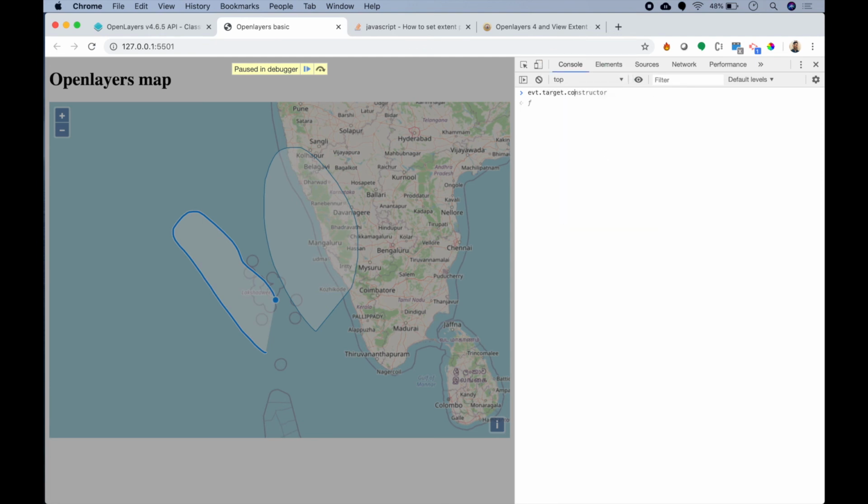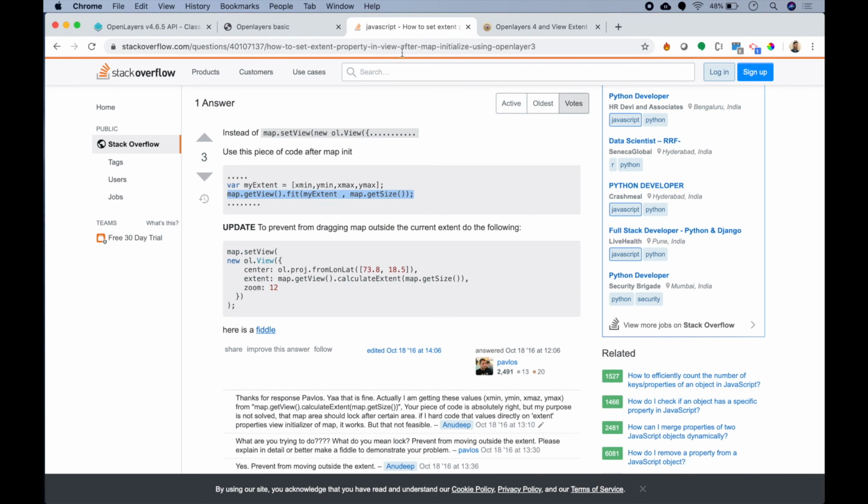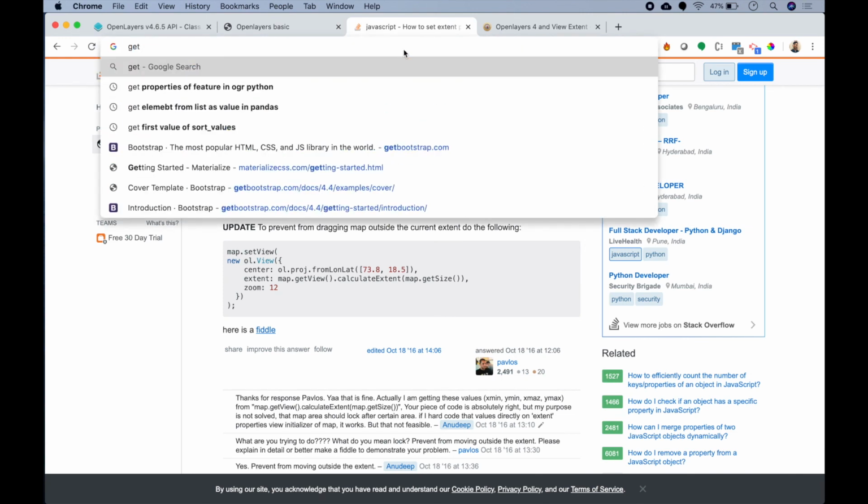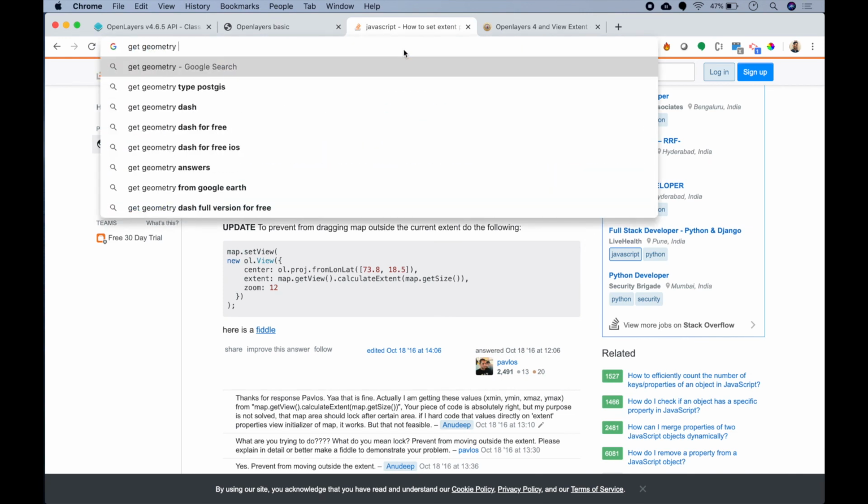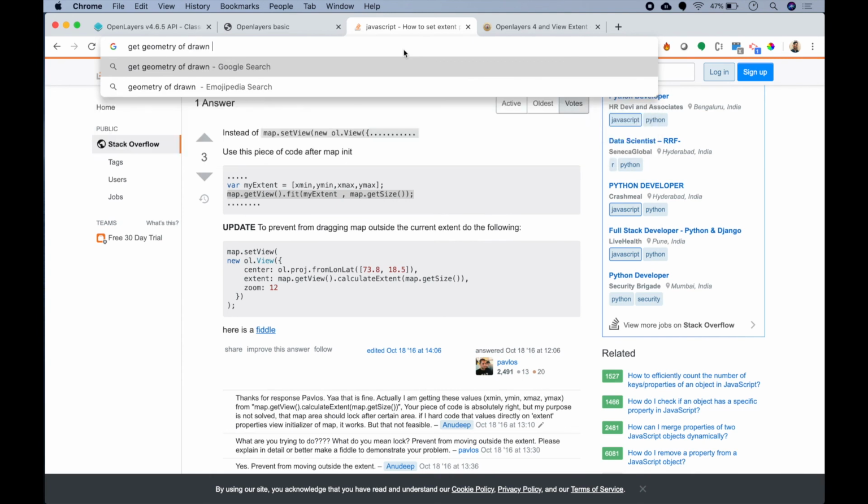We'll try some of the things and then we'll turn our searching to Google. So: get geometry of drawn feature on draw end in OpenLayers.